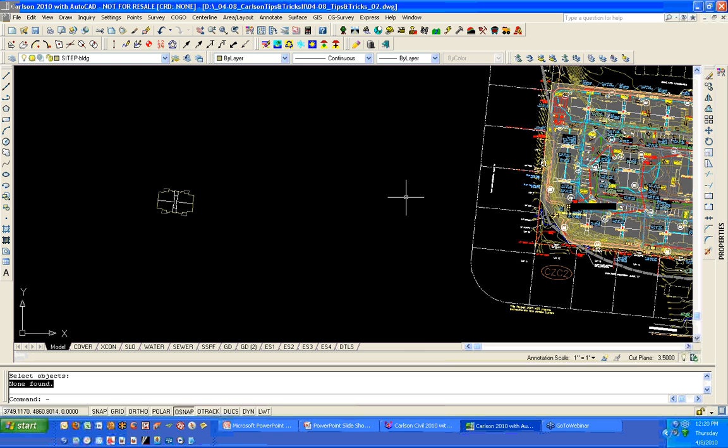Well, here's why. I'm going to use a key in, and I'm going to go in and tell it using my layer command